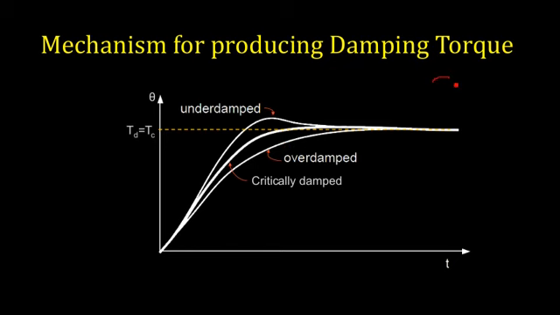So you have petrol being filled into the tank of your car. While we are filling the petrol, what happens? Suppose you are trying to fill 6 liters of petrol, and this straight line indicates 6 liters. You start filling the petrol into the tank and when you reach 6 liters, you have to stop. Now in the case of under damped, what happens? You will go beyond 6 liters slightly, and then later you come back.